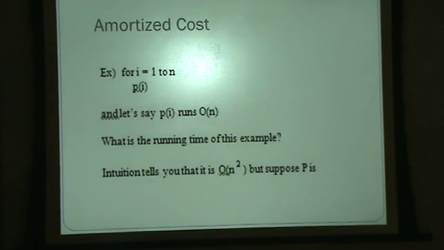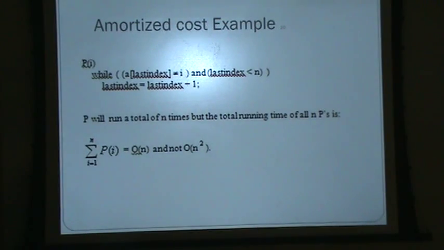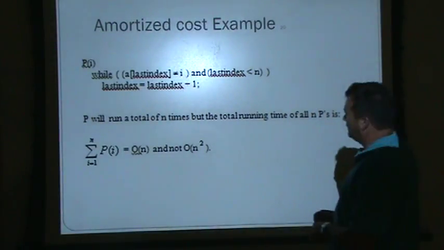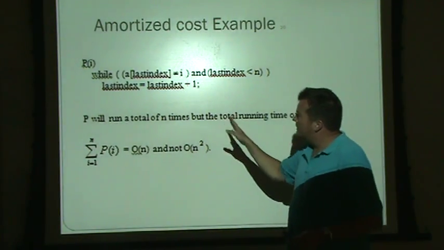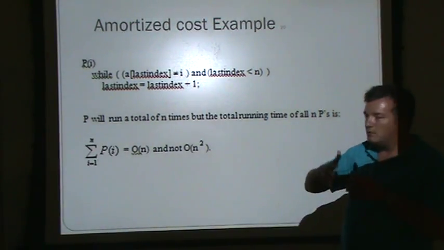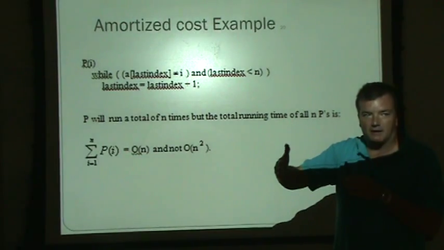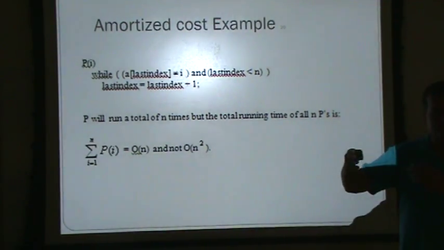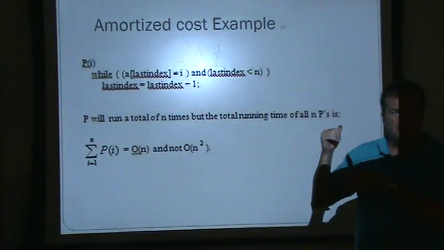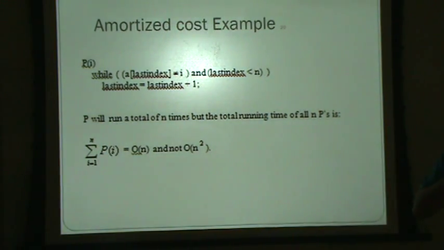But suppose each call to this routine was kind of linked to previous calls. So suppose, for example, each time you call the routine, it went so many steps through n and then stopped there. And the next time it got called, it picked up where it left off last time. Now technically that algorithm, because you don't have control over how far through the array it goes,